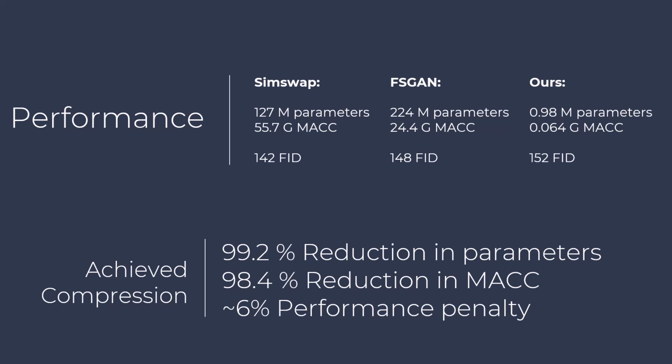Going to the end, these are the performance results that we had in a comparison between what you can do with a SIM swap, of course on a GPU, in terms of number of parameters and number of MACs, and what you can do with the FGGAN, from where we started our modifying process to go to our generative network. You can also see the FID, which is a figure of quality of the image, which is better when it's lower. Here you see that we increase a bit in this. But I think that this is repaid by the fact that we are able to reduce the number of parameters